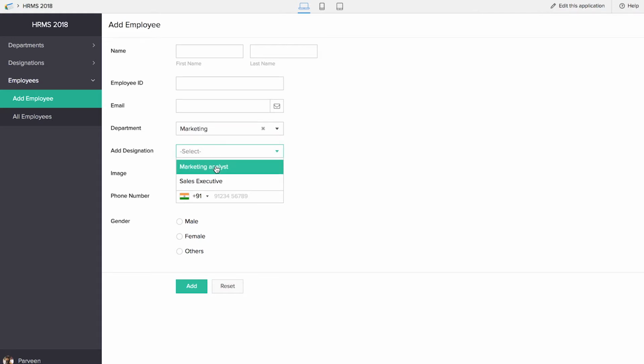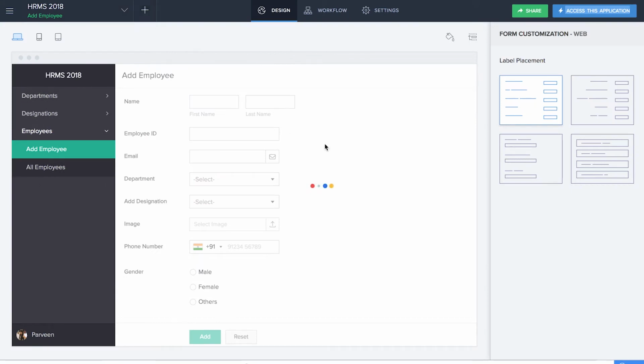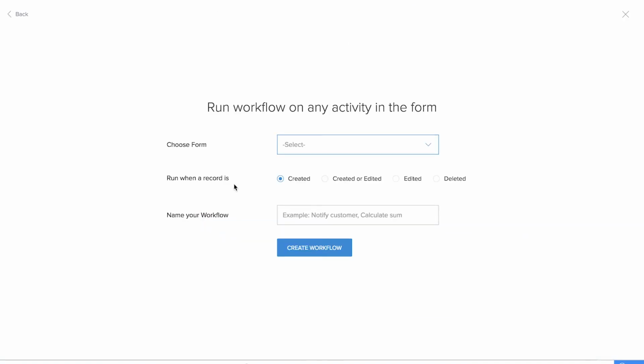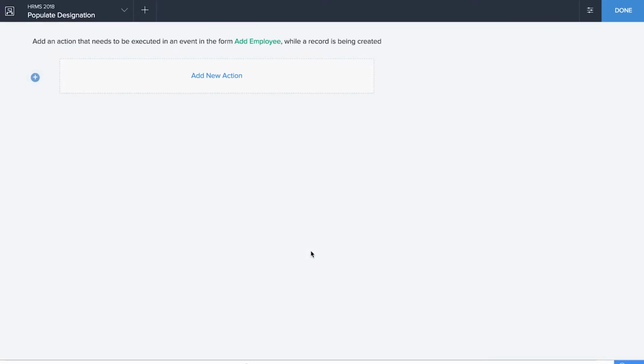Now when I want to add my employees, let's say I'm choosing marketing. In my designation, I have both sales executive and marketing analyst. This should not happen because sales executive does not come under the Department of Marketing. So I'll go back and create a new workflow which will take care of this. I want, while using the form, add employee. The workflow name can be populate designation, and here I will add a new action on